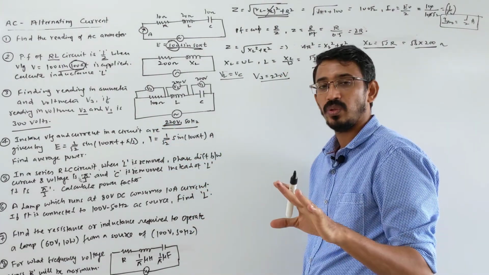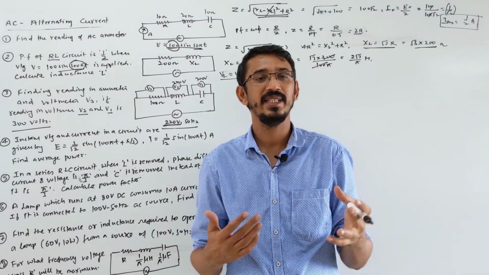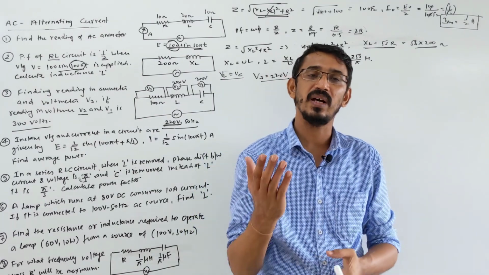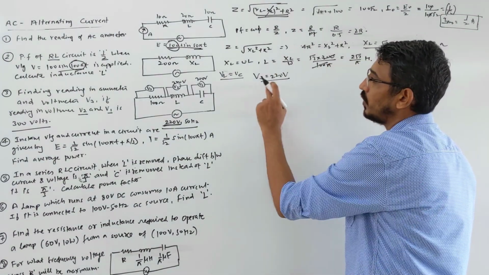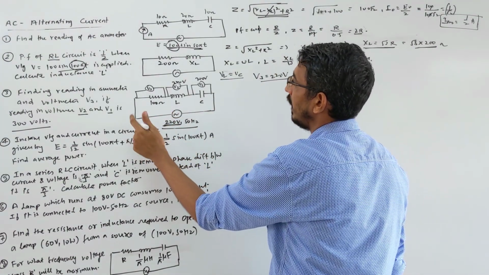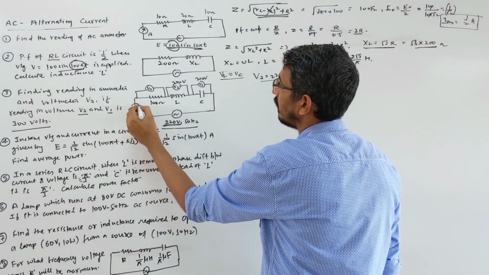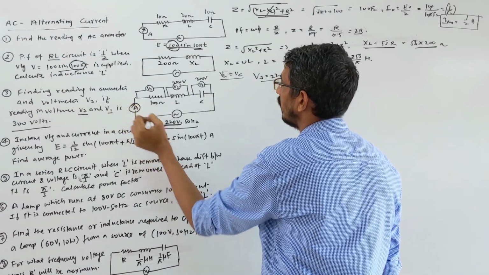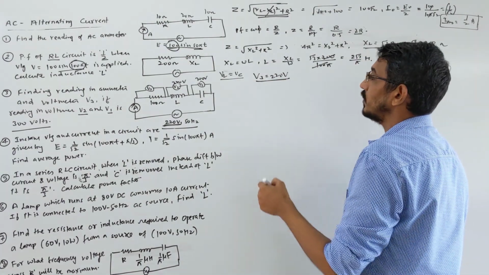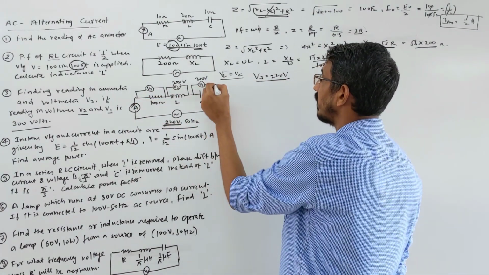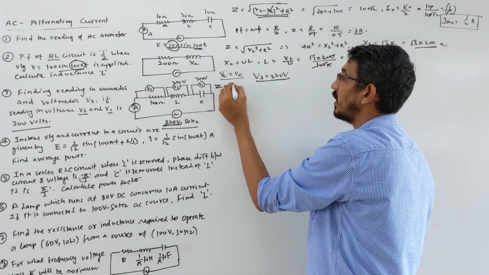So be careful. This is RMS only given. I told you already that in a question, unless they say otherwise, like 220 volts supplied, keep in mind this is the RMS value. Okay. This is voltage, and what else are they asking? Ammeter is also there somewhere, I have not drawn it. Ammeter was somewhere here. So this is your voltage, correct? So what is the resistance of the circuit? Means what is Z of the circuit? Because of the resonance, Z is simply equal to R.